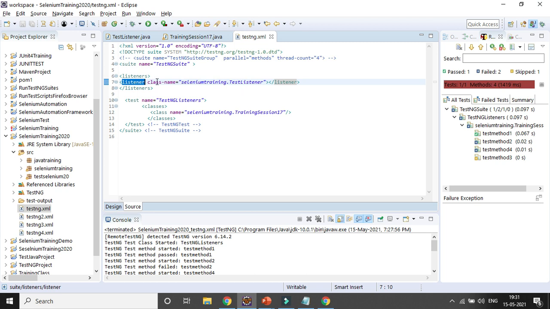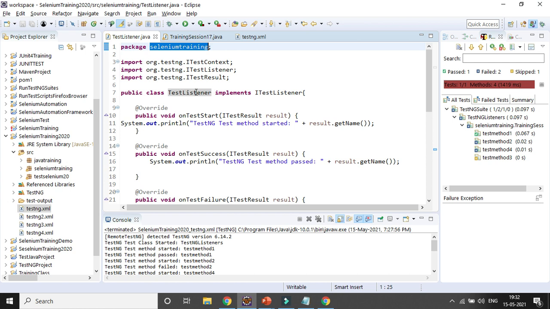Under listeners it will be listener, class name selenium.training.ITestListener. It can have multiple listeners also. That is the reason it is under the listeners tag and listener is coming, right? Class name is package dot class name. TestListener is the class name, right?